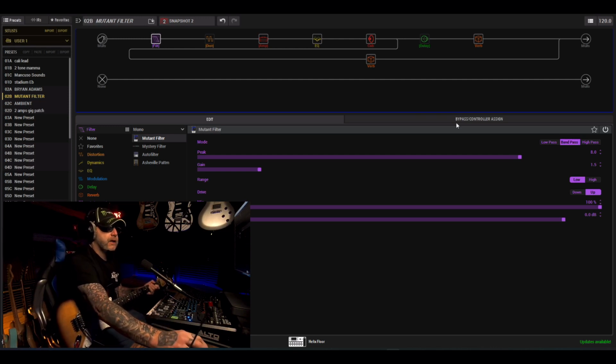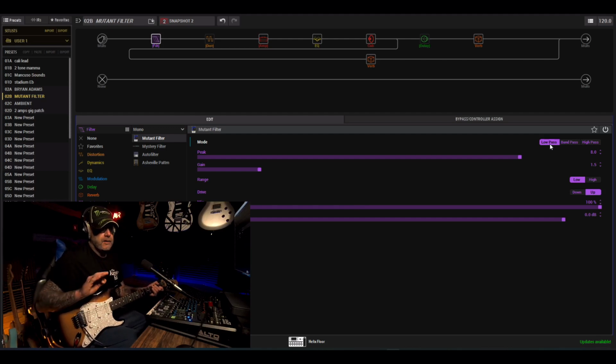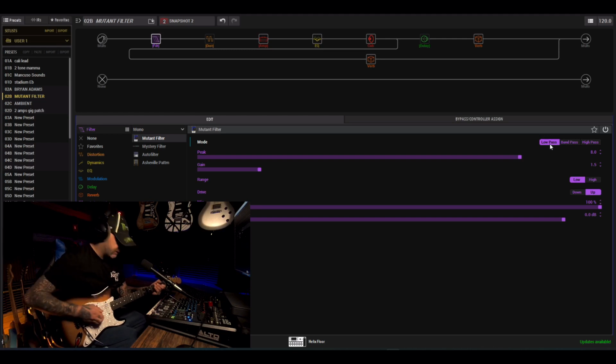So there's a couple of ways that you can do this. If I set this to low pass, what happens is the softer that you play, the softer that you attack the strings, it has less of an effect. And then when you dig in,